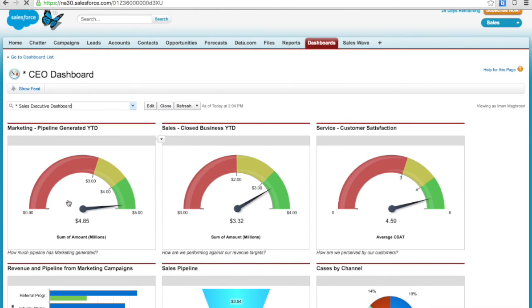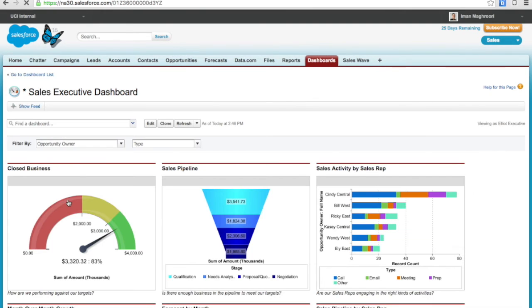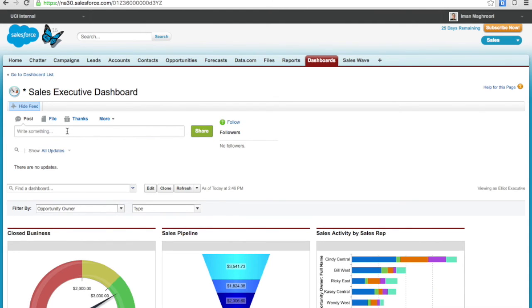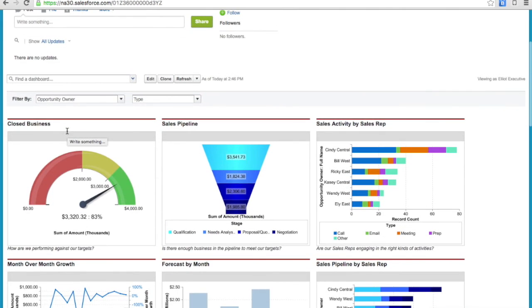So as you start growing out your team and hiring more people and changing and specifying what their roles and responsibilities are, everyone's going to want their view of the business. And so they can have their own dashboards. They can be private. They can be team dashboards. And what I've seen work out really well is actually collaborating on dashboards. So if you see an interesting metric that you think you want to share with your team, you can very quickly take that, post it into Chatter, share it with the right people,